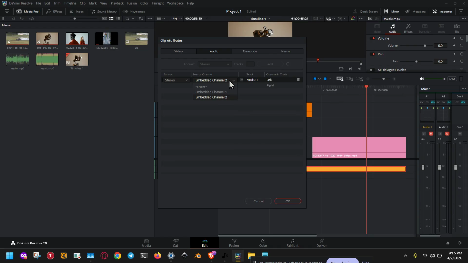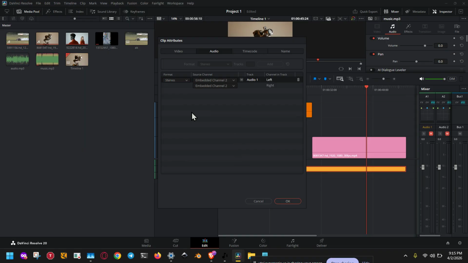For example, if you want a single microphone track to behave as one clean channel, you would choose mono. If your clip contains left and right channels that should stay paired together, stereo is the right choice. And if you're working with a multi-channel surround file, you can select 5.1, so Resolve maps it correctly in your